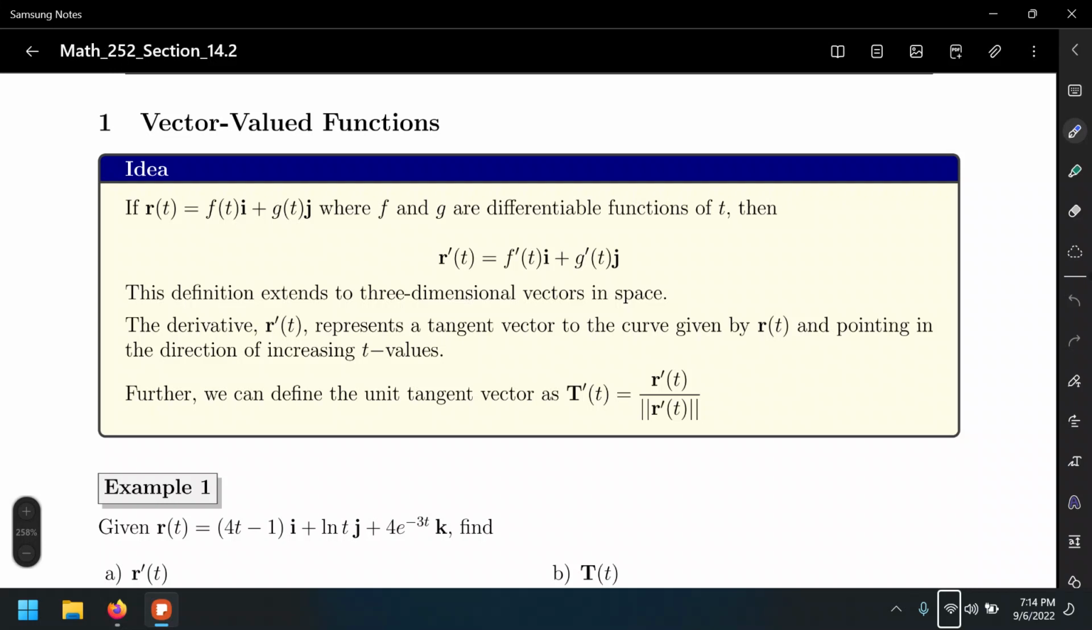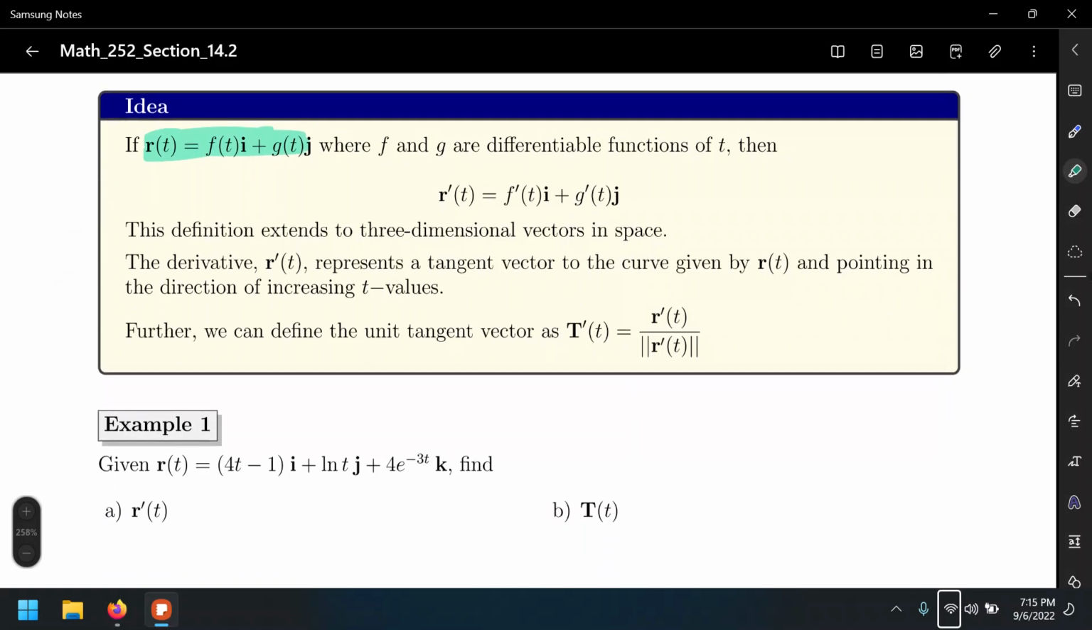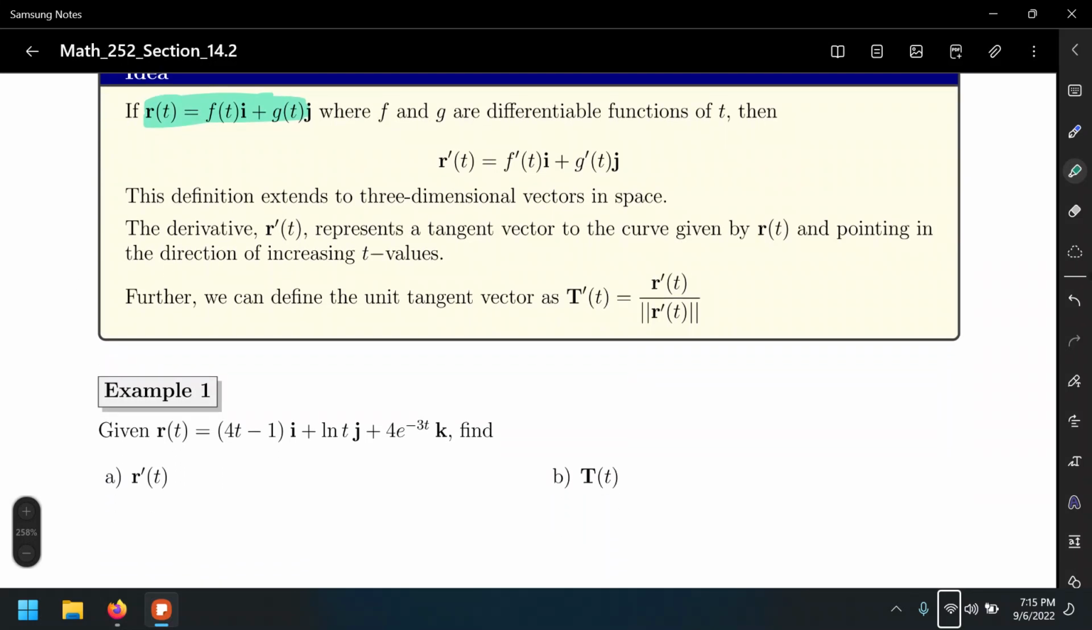integration techniques. So the idea is that we have some vector valued function like we discussed in the previous very short section, and that defines the position of the particle at a given time. If we take the derivatives of each component, everything is just going to change to prime notation. And of course, this definition extends to the vector values in 3 dimensions, and